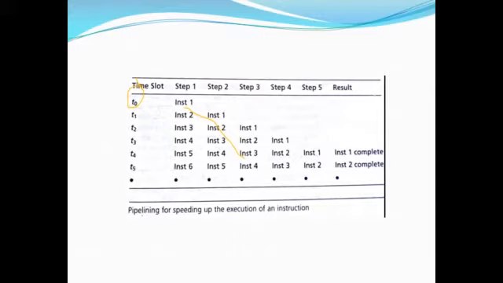If I consider T4, the result is that instruction 1 is completed, but instruction 2 is not completed. Instruction 2 is in step 5 going on. So instruction 2 gets completed only after T5, only after 5 units of time, not in 4 units of time. In 4 units of time, instruction 1 may be completed, which includes 5 steps. Similarly, instruction 2 may be completed, which also includes the same 5 steps, but it is for the next units of time.